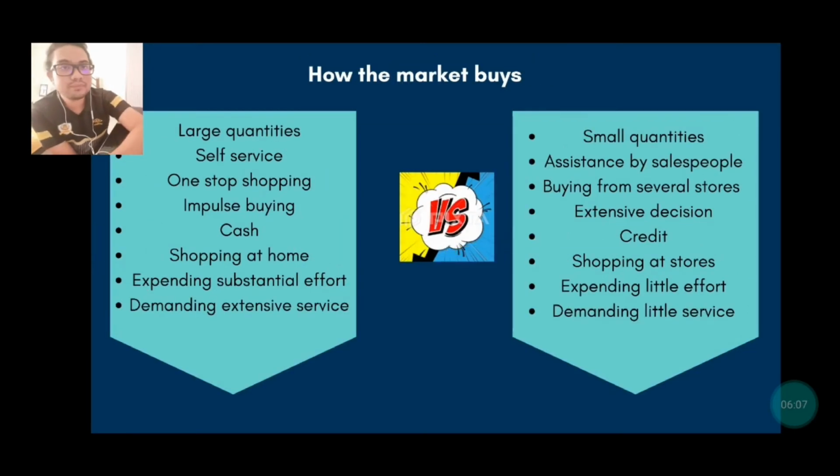And then, how the market buys. Okay, this is the behavior of certain consumers, such as large quantity versus small quantities, self-service versus assistance by sales people, one-stop shopping versus buying from several stores, impulse buying versus intensive decision, cash versus credit, shopping at home versus shopping at store, expending substantial effort versus expending little effort, and then demanding extensive service